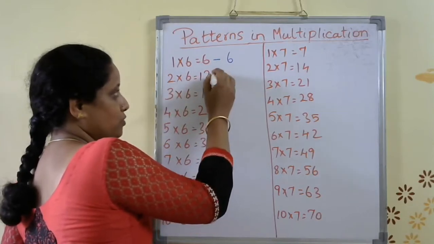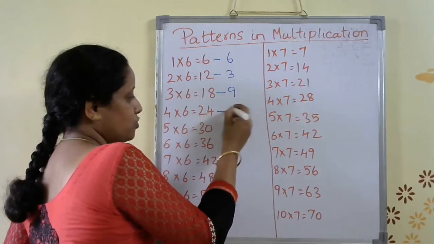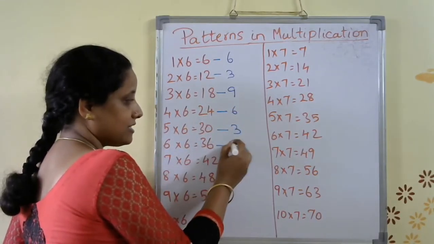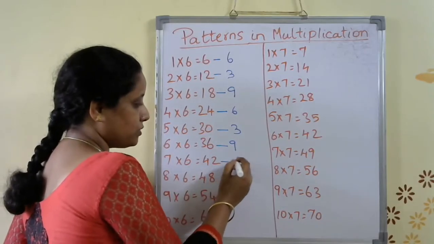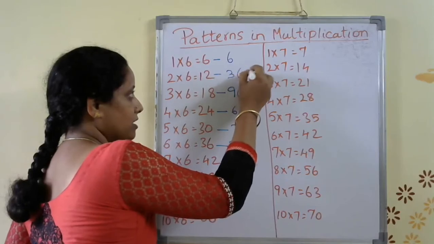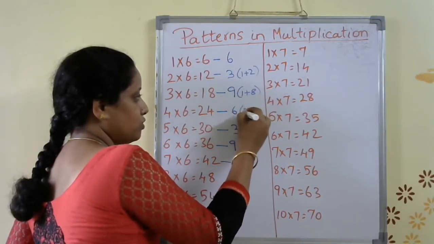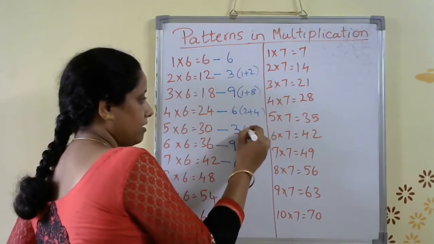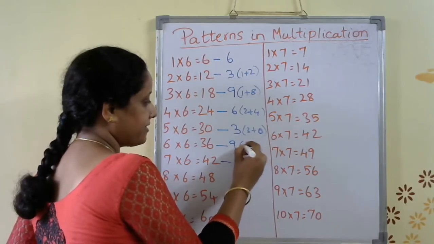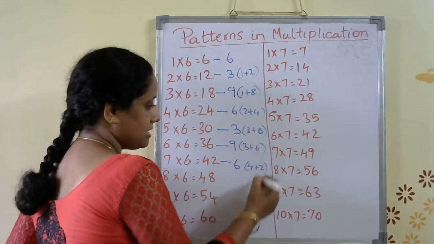When it's 1 plus 2 becomes 3, 1 plus 8 becomes 9, 2 plus 4, 6, 3 plus 0, 3, 3 plus 6, 9 again, 4 plus 2 is 6. Here I will just put it in the brackets also, that is 1 plus 2, 1 plus 8 or 2 plus 4, okay, 3 plus 0 is 3, right? So you can understand it. So 3 plus 6 is 9, 4 plus 2 is 6.